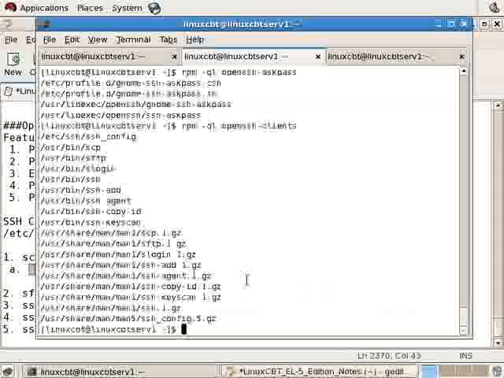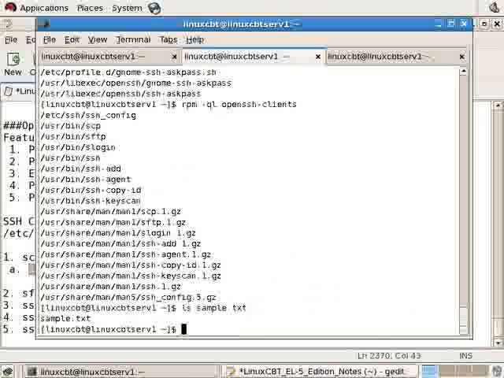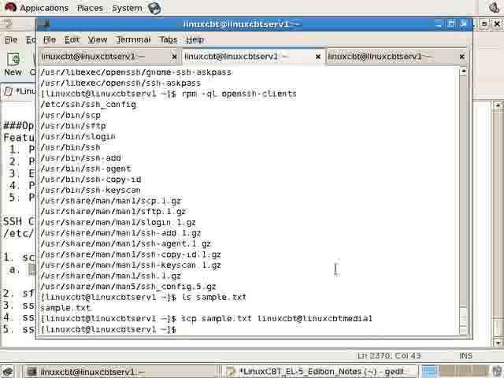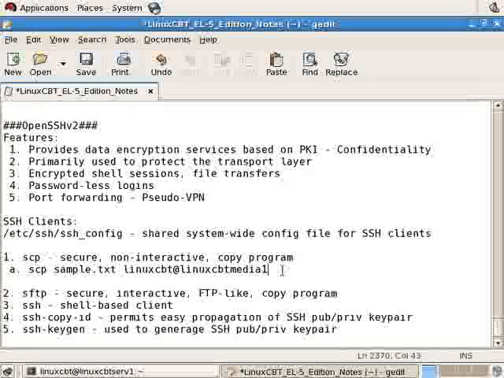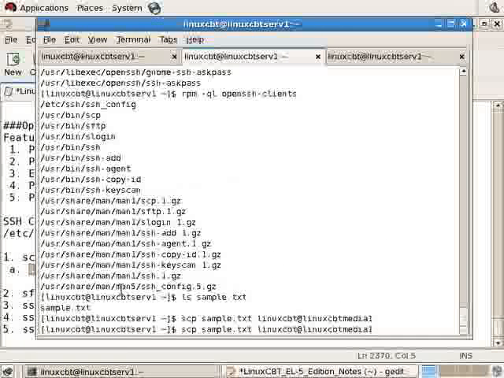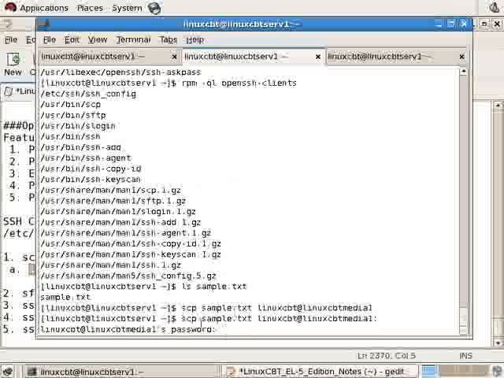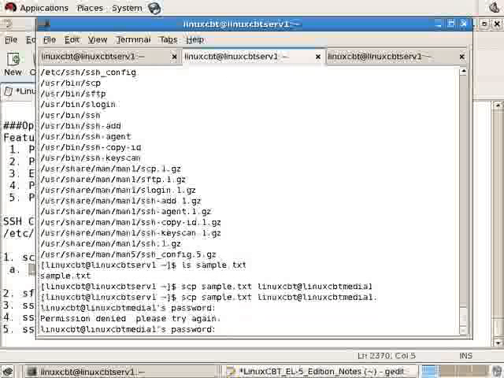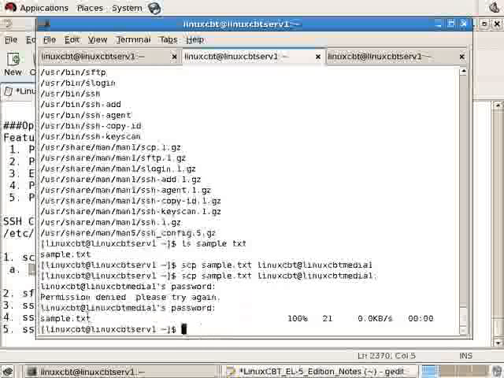Now let's try this from the shell where sample.txt exists. And this will attempt to copy the file to the remote system. Now we made one mistake. We left off the colon at the end of the copy process. This colon tells SCP that we're finished indicating the target. Let's try that again. Otherwise, what ends up happening is a local copy takes place. When you do this, you're prompted for a password, and at this point, of course, we have to indicate the right password. If we specify an incorrect password, then obviously the communications will fail. But if all goes well, we see a quick non-interactive copy followed by percentage information,